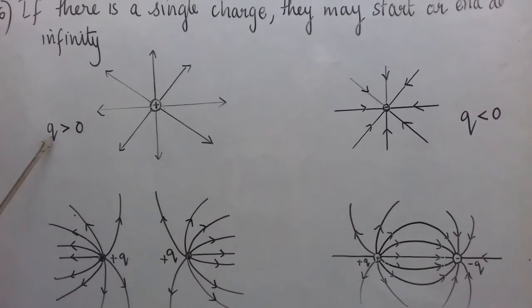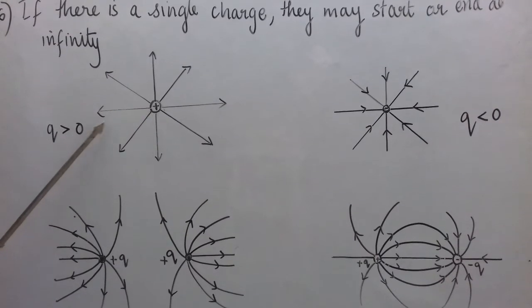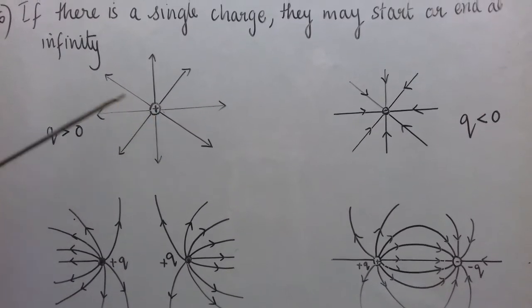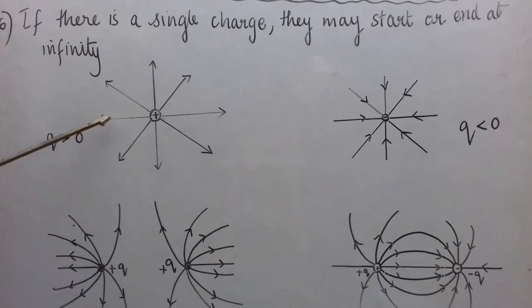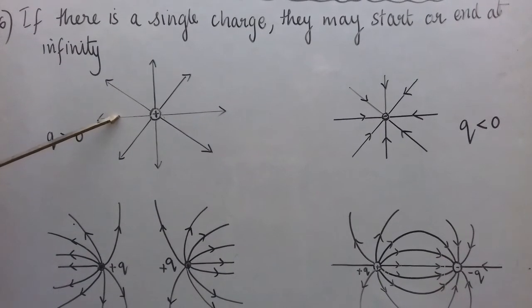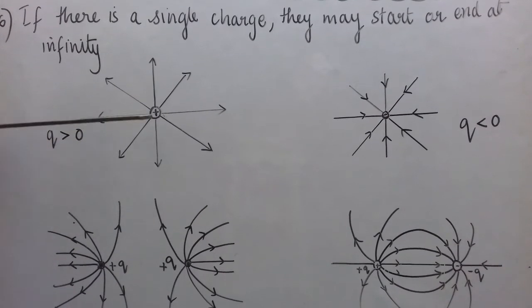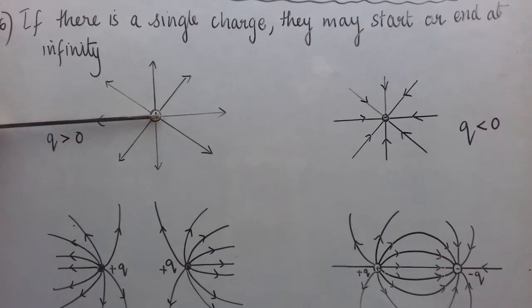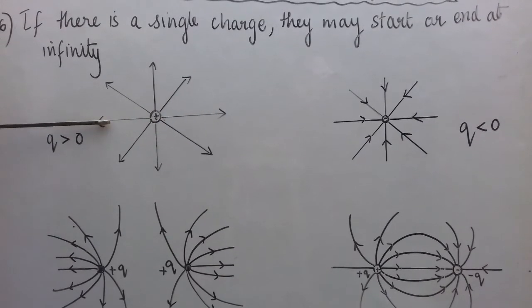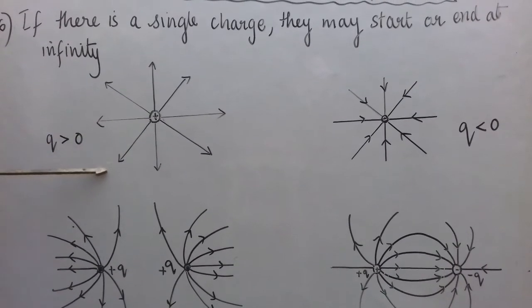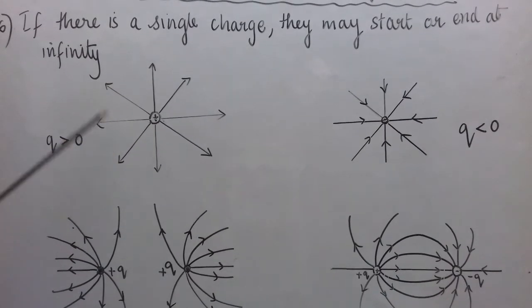Now first of all, when it is a positive charge, how to draw the electric field line? See, we know that if I have a source charge positive here, and I imagine that you bring a unit positive charge here, what will happen? As per Coulomb's law, it will get repelled in this direction, because it will repel along the line joining this charge and that point. Similarly, here if I place a unit positive charge, it will be repelled in this direction. Here if I place it, it will be repelled in this direction. So, electric field lines around a point positive charge can be drawn in this way.